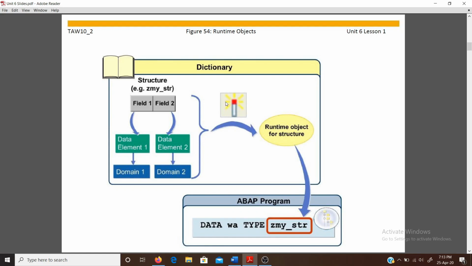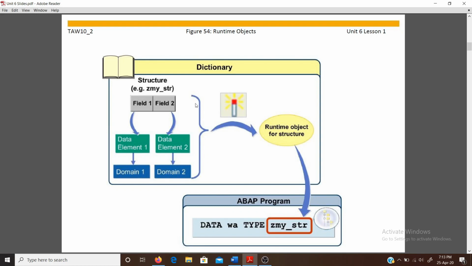For example, you can see we have created a structure here, z underscore my underscore str, in which we have two fields, field 1 and field 2, which are composed with the help of data element 1 and data element 2 respectively. The properties of these data elements are set with the help of domain 1 and domain 2.